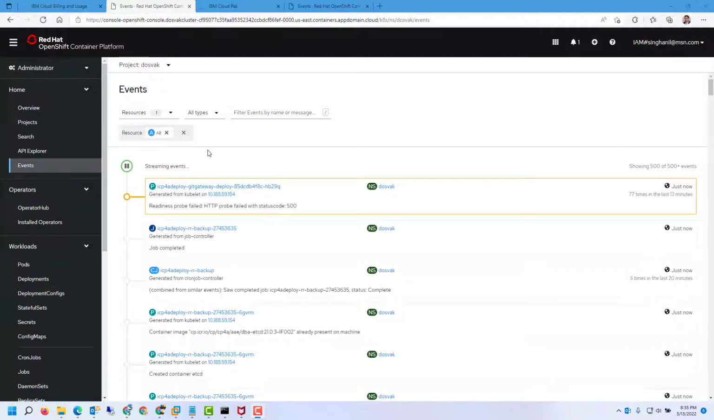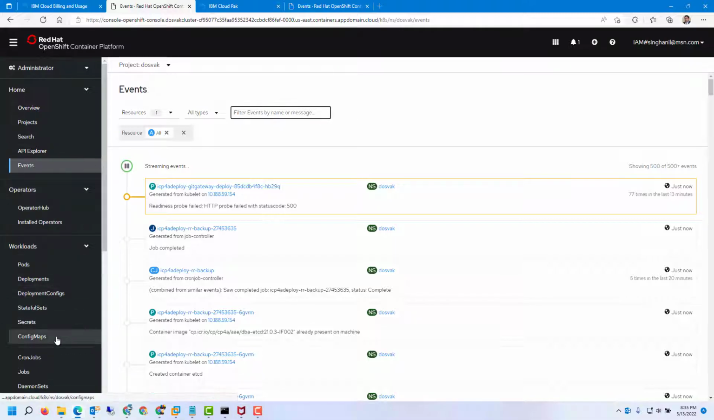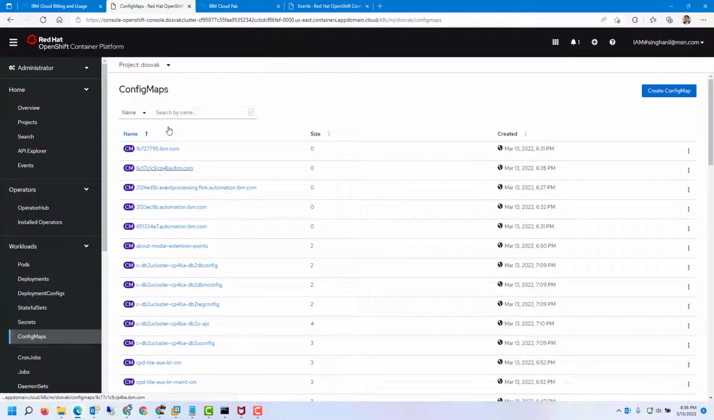Running the script itself is not sufficient. The entire installation can take anywhere from 1 to 5 hours. It's already been 3 hours, and I am looking for a certain config map which indicates that the installation is complete. The config map is